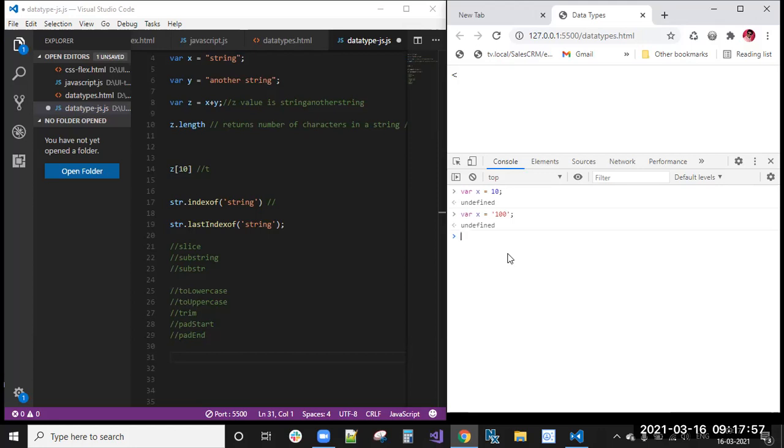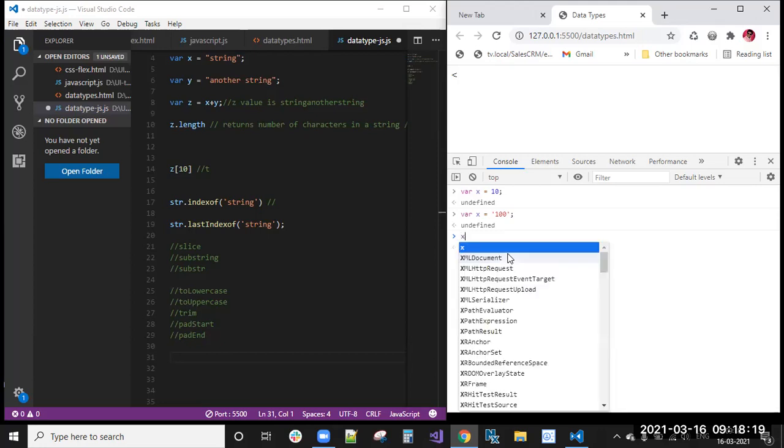Sometimes you will get results, some output, from JavaScript functions, and sometimes those functions will return the output in string format. If that text is in the string format, then you need to convert that string format into the number format.